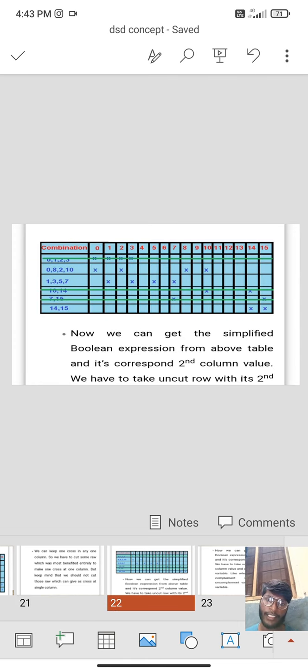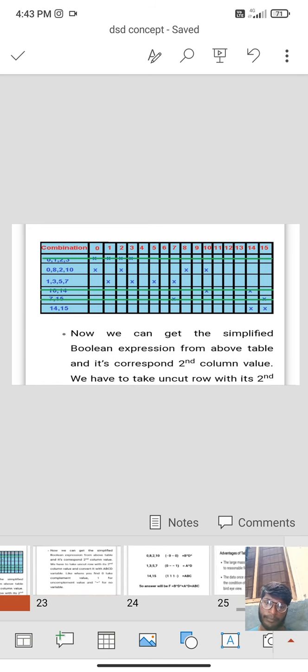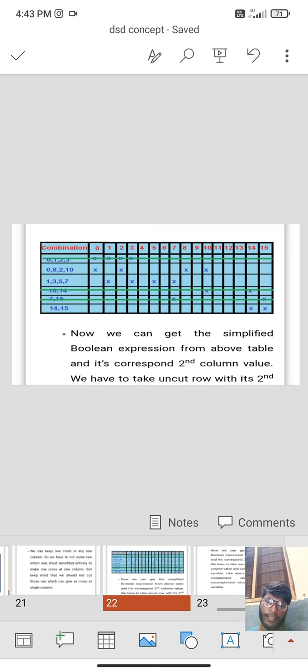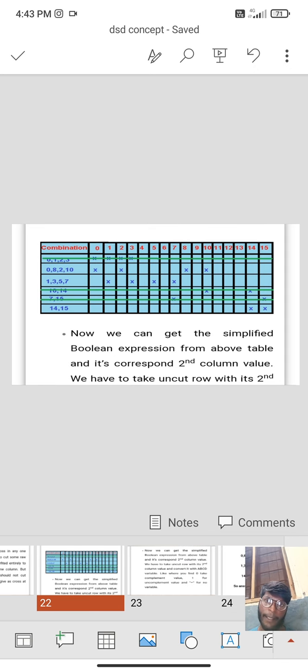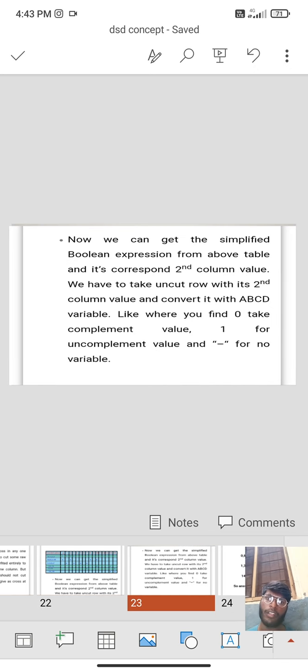Now we can get the simplified Boolean expression from the above table and its corresponding second column value.